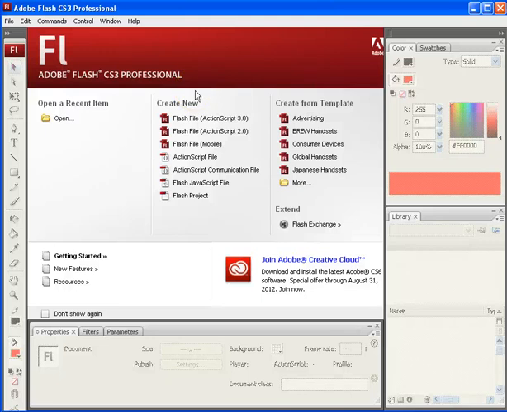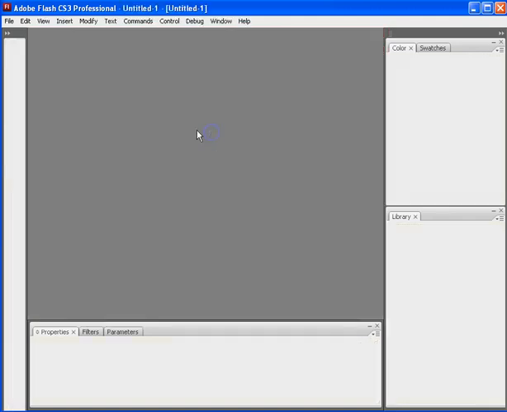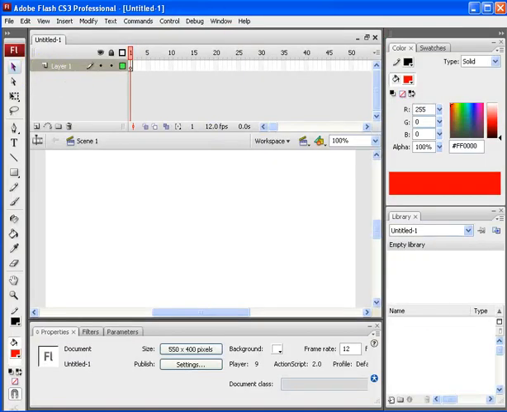This tutorial is going to show how to create a login form using Flash CS3. We're going to use ActionScript 2, and what will this login form do? It'll read in usernames and passwords from a XML file. So what we're going to quickly do is just create a blank ActionScript 2 document, and what we need to do